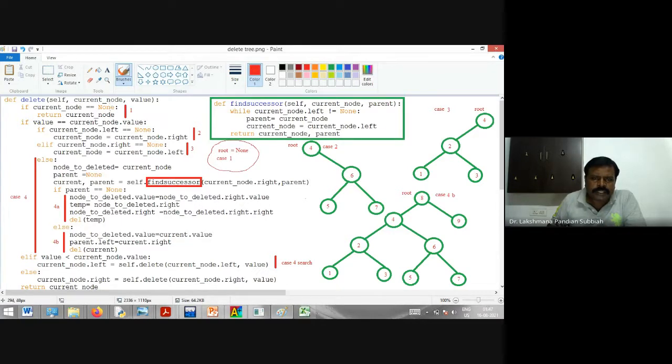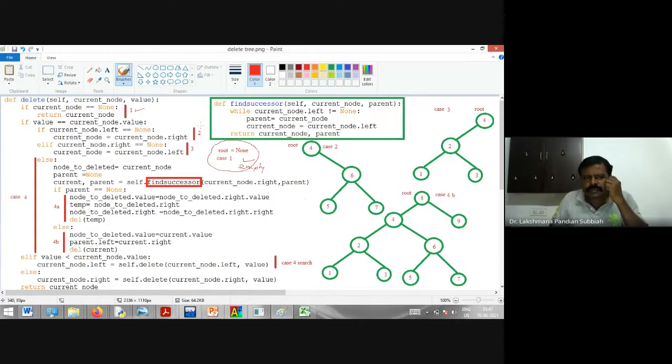If it is empty, you don't need to do anything, since there is no possibility of deleting any node for that value. So it will return the current node, the root, as it is. This is the first case, case 1: the tree is empty.